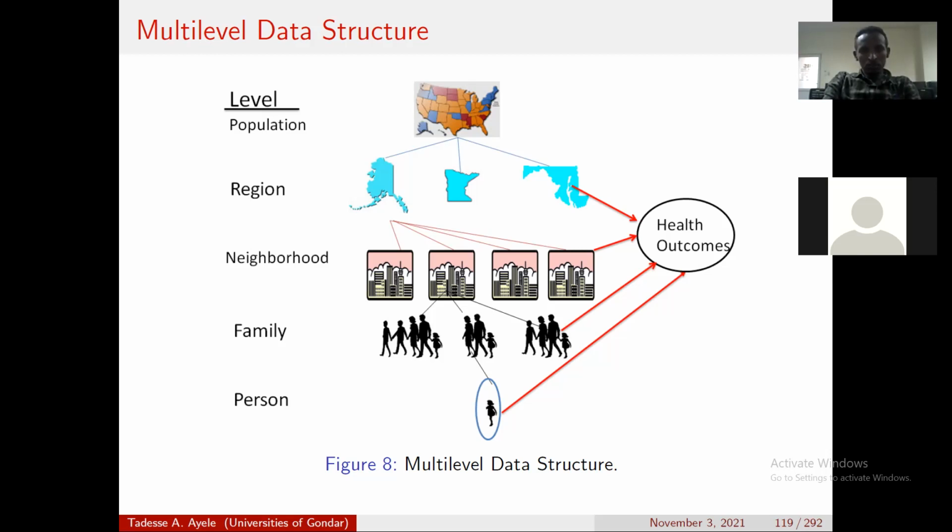Multi-level. Level 1, level 2, level 3. This is level 1. Level 1 variables are individual level variables. Level 2 variables are household level variables. Level 3 variables are neighborhood level